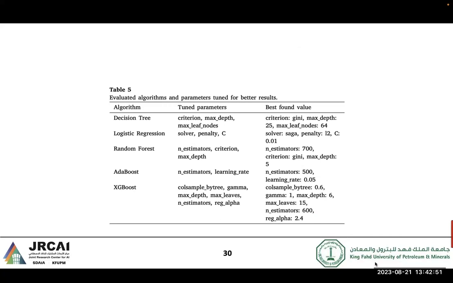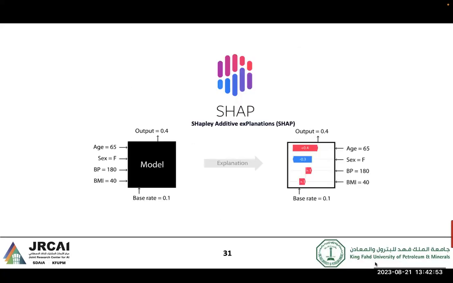These are the attributes of these models. Now, when it comes to explainable AI, what they are doing here is using a tool after they build the model. The model is a black box, as you can see here. They don't have any information on what is going on inside the model, how it makes the prediction, or which attribute influences the prediction more. So they have used this Shapley additive tool.